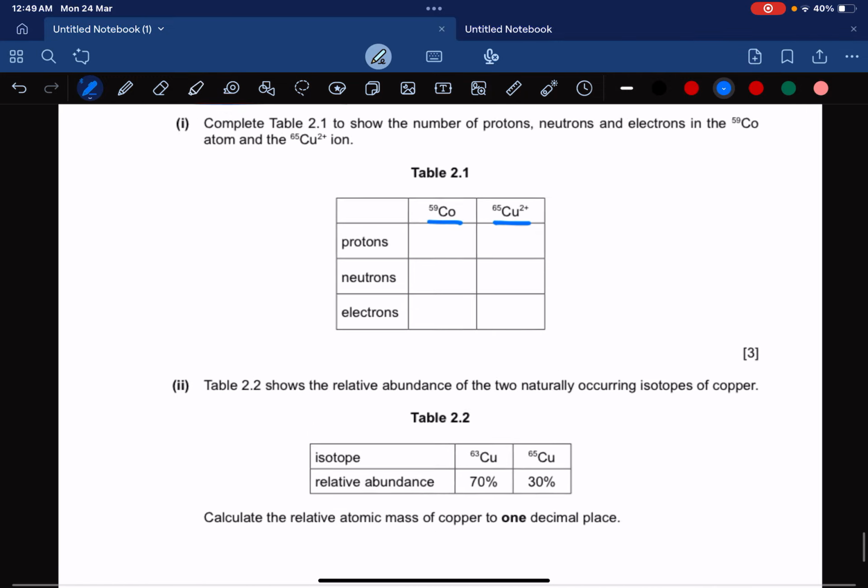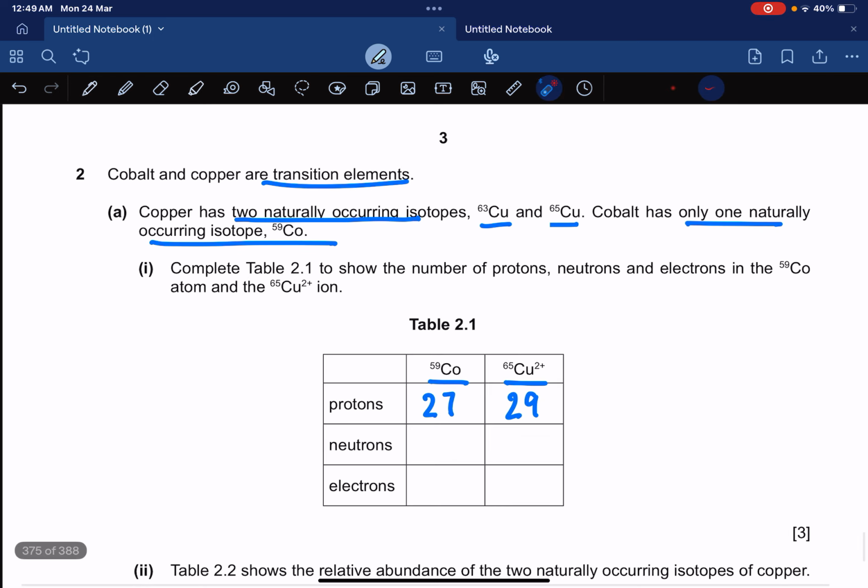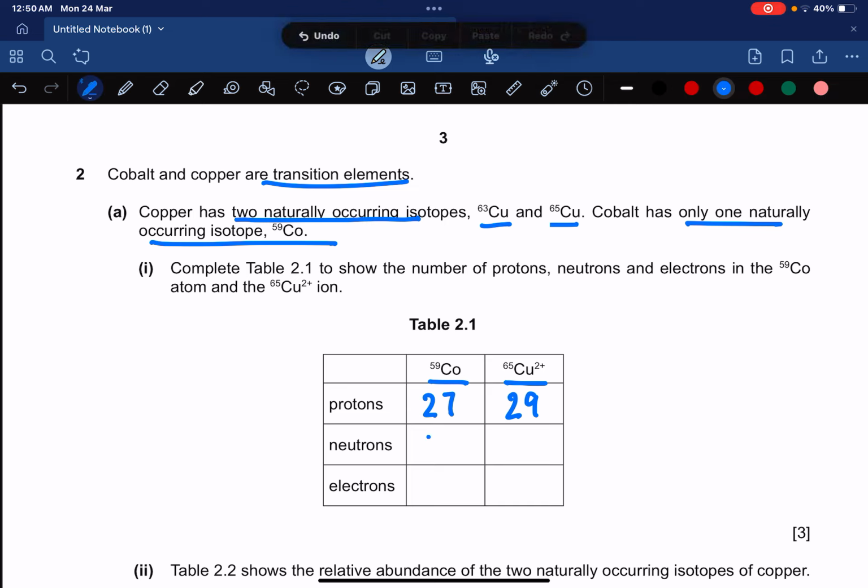Okay, let's fill our table. For cobalt, it was 27. For copper, it was 29. Neutrons, basically, this is your mass number. You subtract the proton number from it to get the neutron number. So it will be 59 minus 27, and you're going to get the number of neutrons. So 59 minus 27 is going to give you 32 neutrons for cobalt,